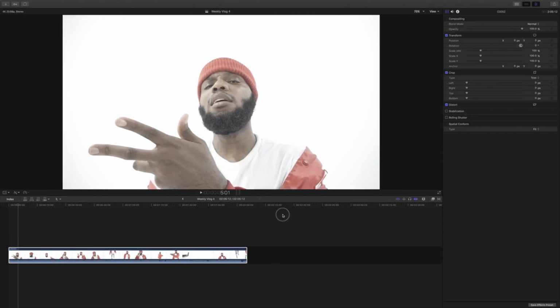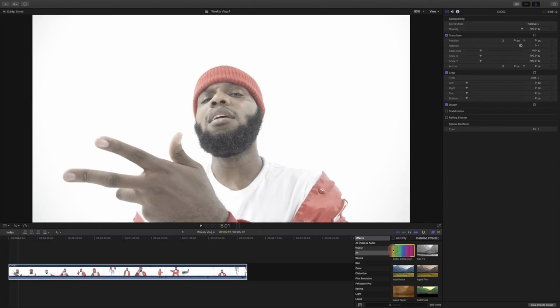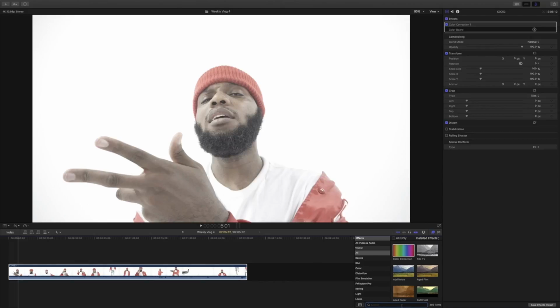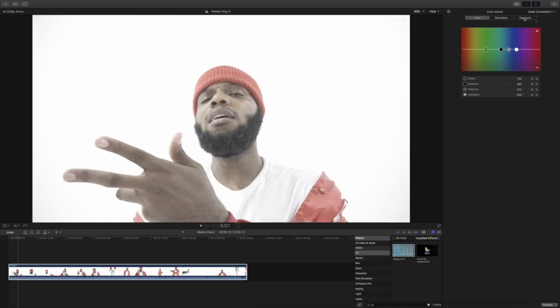In doing that, usually what I do, I will go and I will put a color correction on first, as you can see, color correct, and then I will also drag apply LUT on top of the clip. First things I will do, I will always go to exposure,